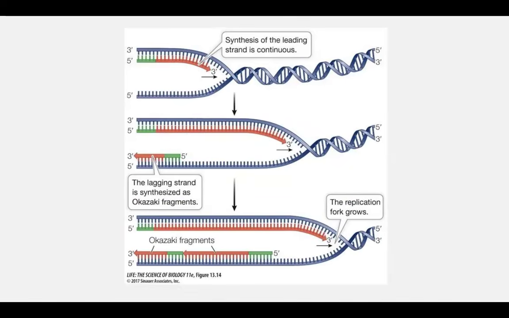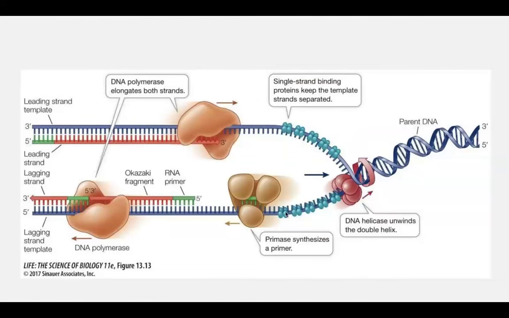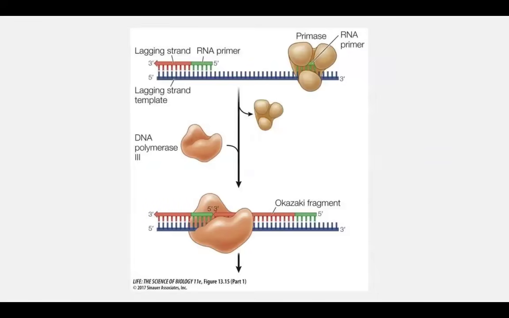So what happens is that there are stretches of DNA where you have multiple primers. So as you see here, primase synthesizes a primer, and DNA polymerase comes in and fills in the gaps. And it'll continue on until it reaches the end of the DNA. So for the leading strand, it's continuous, while for the lagging strand, primase and DNA polymerase have to work together to get the complementary strand of DNA made. Creating these RNA primers creates gaps in the middle, and those gaps are filled in by DNA polymerase, and those fragments are known as Okazaki fragments.